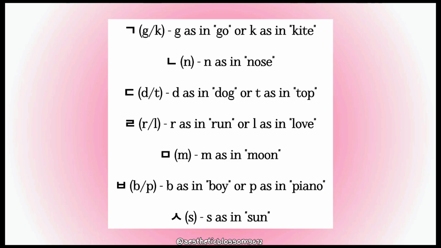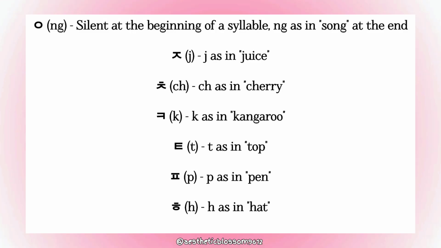Consonants, jaeum: g, k, g as in go, or k as in kite; n as in nose; d, d as in dog, or t as in top; L, R as in run or L as in love; M as in moon; B as in boy; O, P as in piano; S as in sun; ng, silent at the beginning of a syllable, ng as in song at the end; J as in juice,